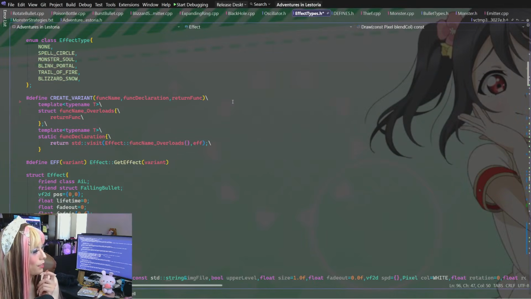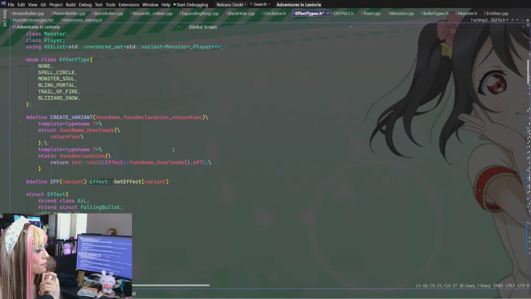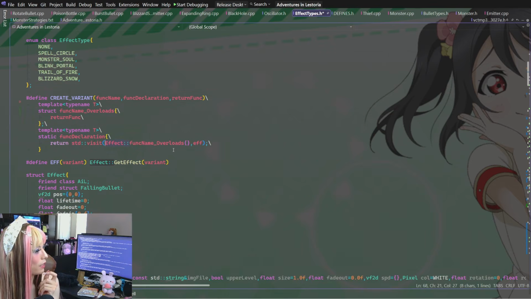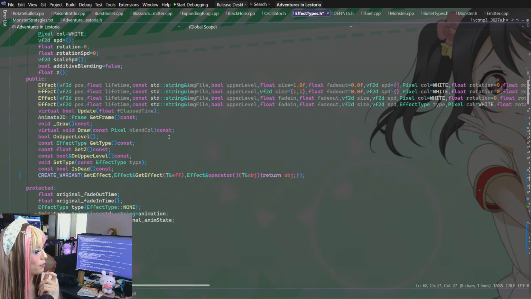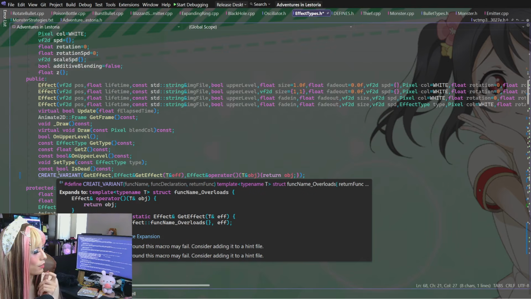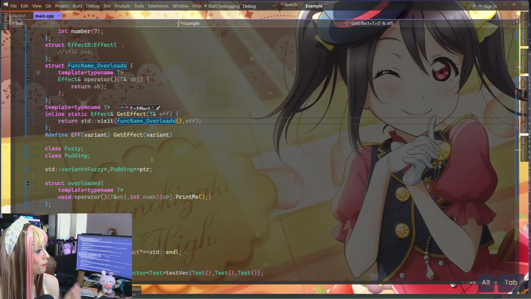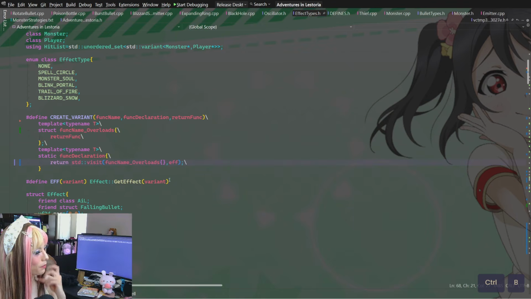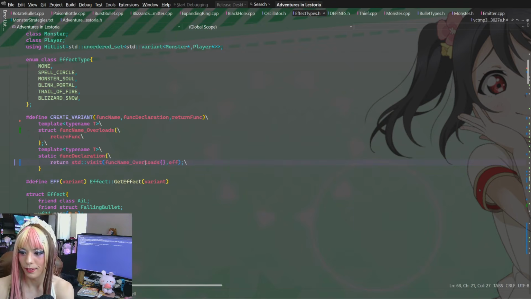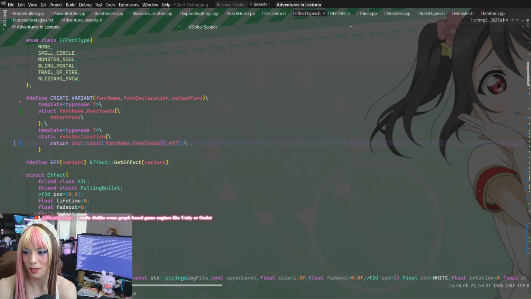So looking back here... This is under effect? I don't think it would be under effect, would it? Well, create variant is down here. So I guess it would be, but at the same time, technically that would work too. I don't think that's the issue, but I'm trying to think what else we would have to do here. I guess this could be inline as well.